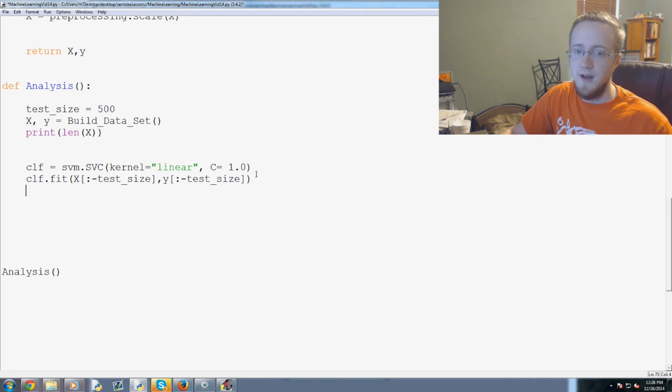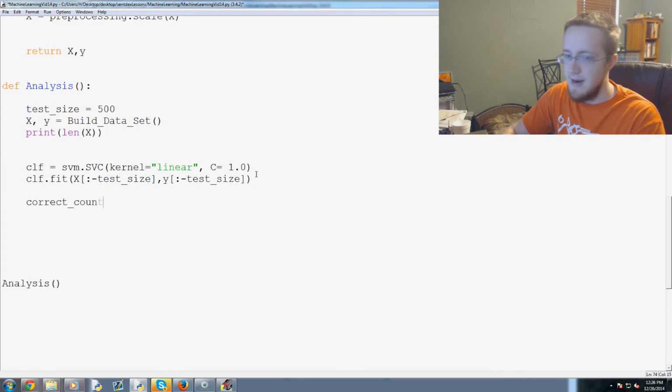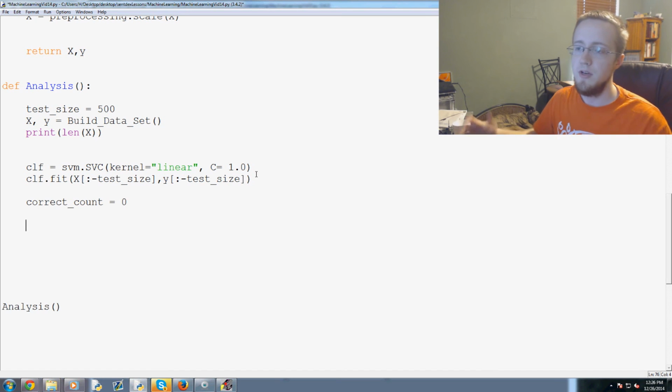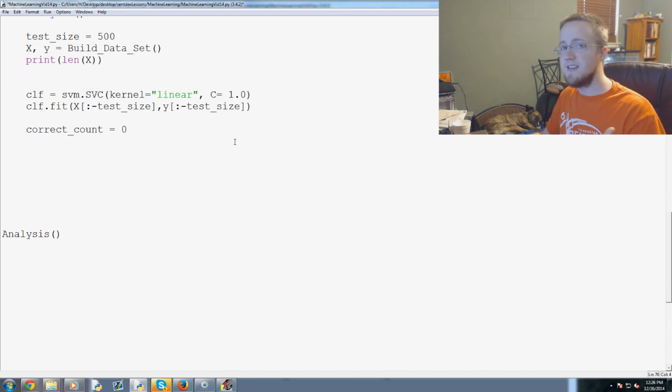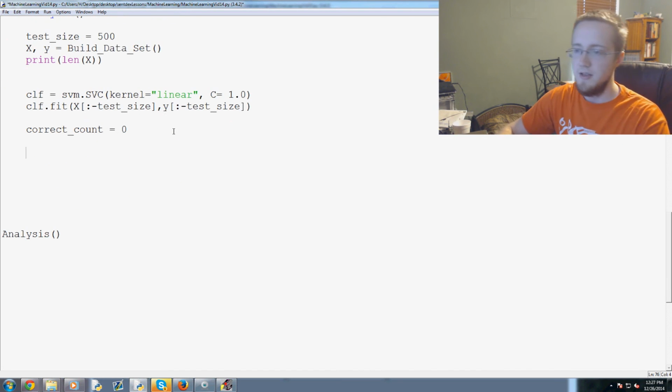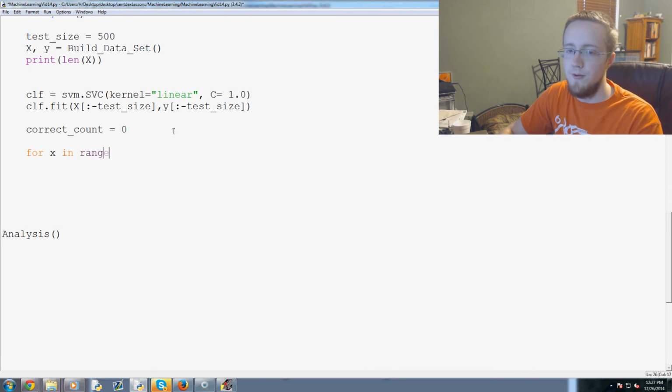So anyways, clf.fit. Then we're going to go ahead and do correct_count. correct_count is going to equal 0. And each time we get anything right, we're going to say congratulations, and we'll add to the correct count. So then we're going to say for x in range, and that's going to be in range of anything from 1 to test_size plus 1. For anything in that range, we're going to do if